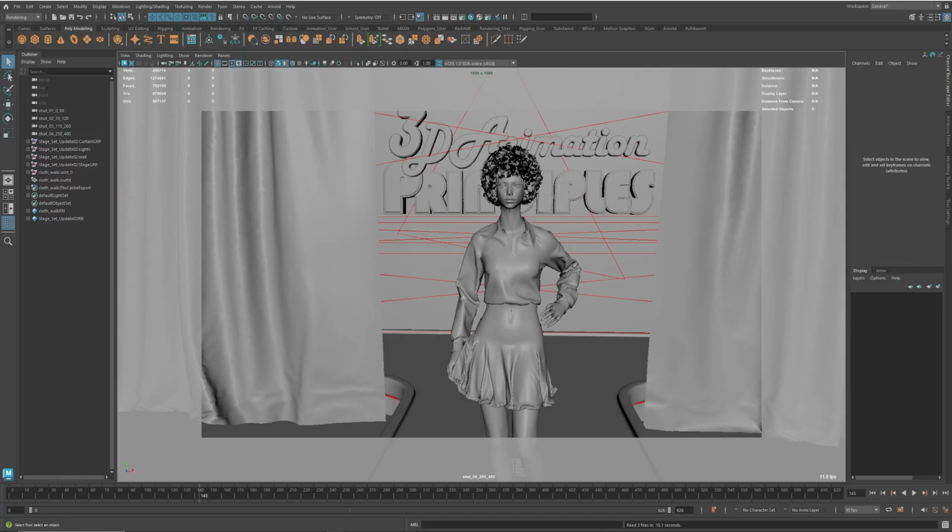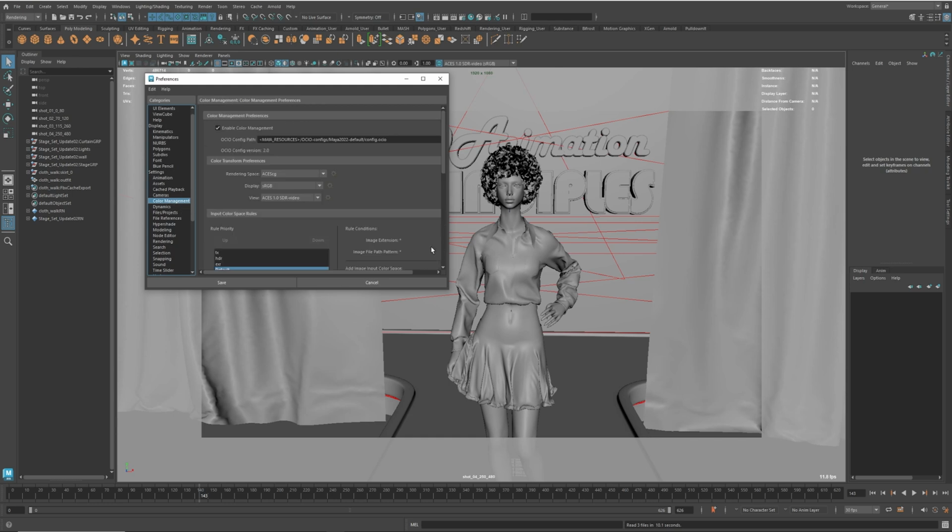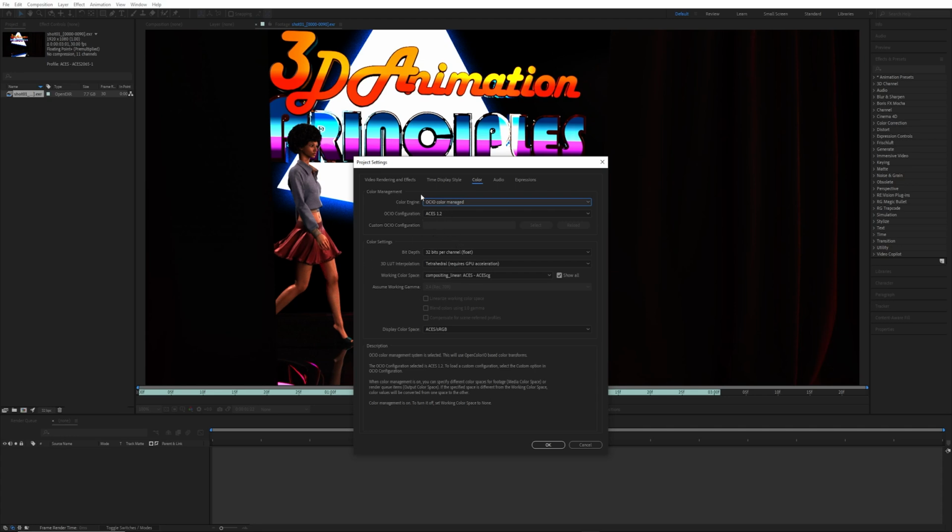And the reason we're going to do that is because in Maya, the color space that we use is the ACES color space. If we click on the orange guy in the corner and go to color management, you'll see that we're using the OCIO setup here. And then we rendered in ACEScg. So it's important to know that we did that in ACEScg. So we're going to go here, and we just want to make sure this is set to OCIO color managed,